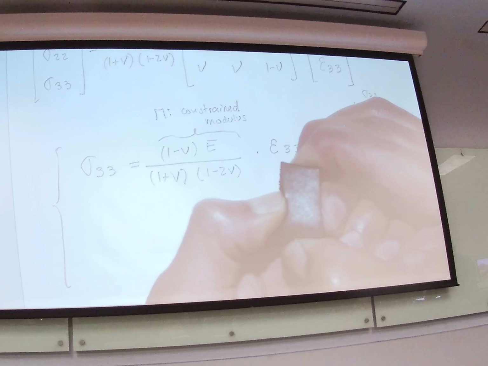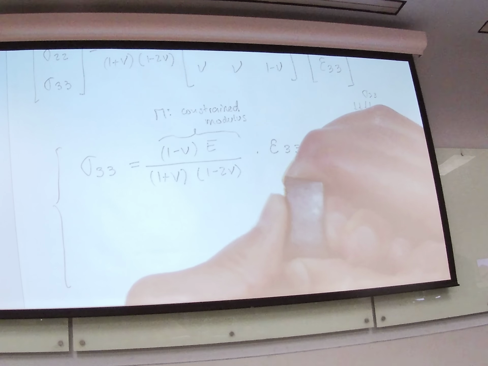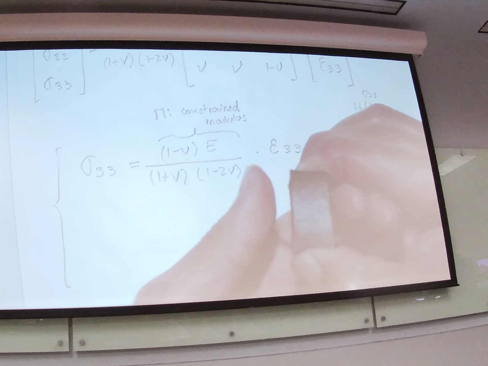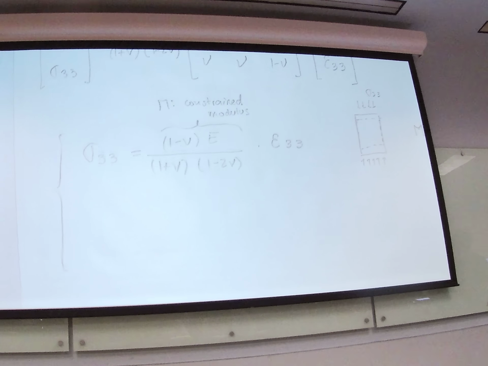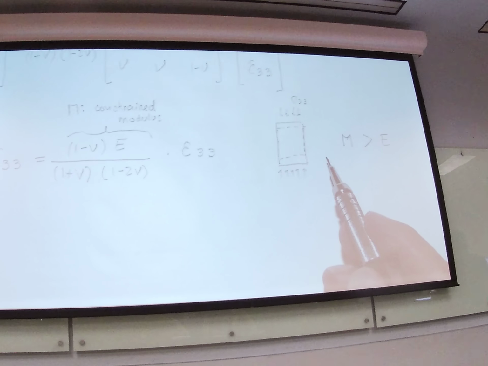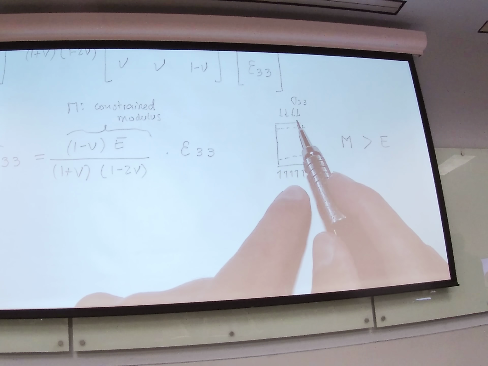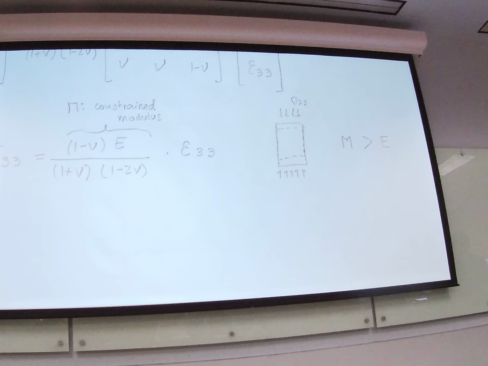So M is actually going to be bigger than E. If I were to let it expand, it will deform even more in the axial direction. When you compress in this direction and you do not let the solid expand, actually you need more stress to get to the same level of strain. That's why M is always larger